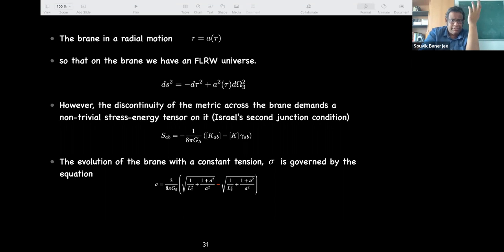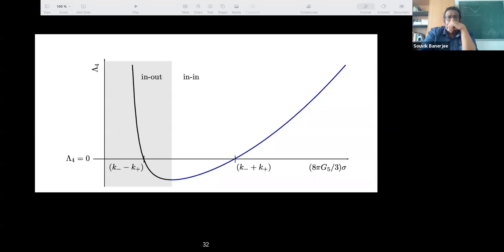And for a brane which is evolving with a constant tension sigma, you can find this equation which governs its evolution. Okay, this minus sign is important because that comes because of the fact that you have an inside and an outside. For the RS case, you actually get a plus. Now, if you see a diagram and try to compare our case with this Randall-Sundrum case, you can plot